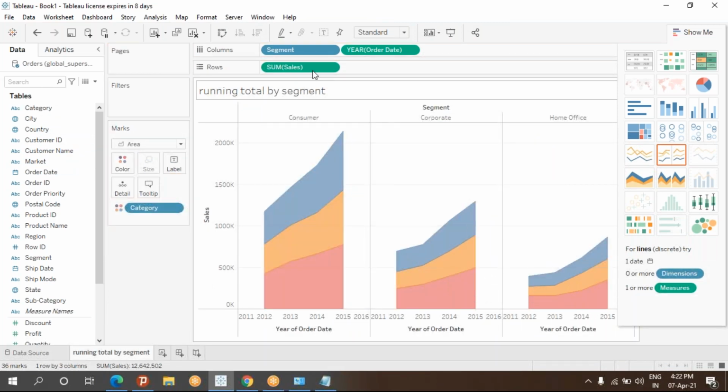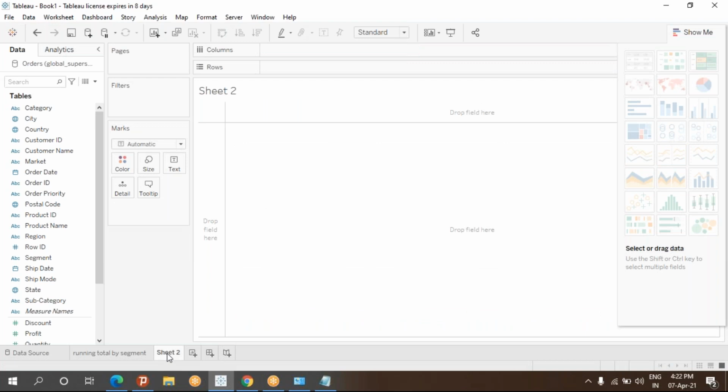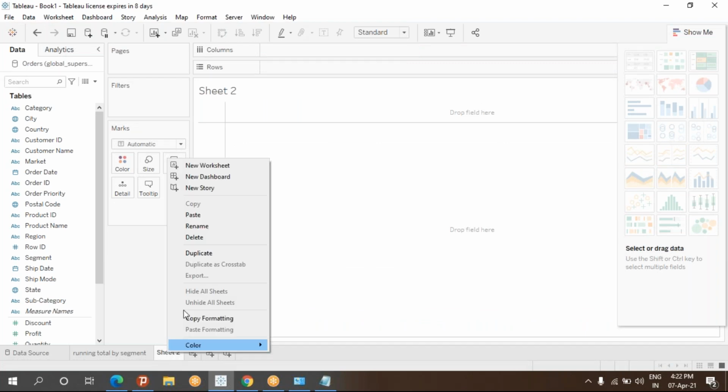Like this, you create it. Segment on the year, sum of sales by category are taken because you get the color variation. I selected this one, area chart, discrete. So this is the first sheet done. Let me go for the second sheet.